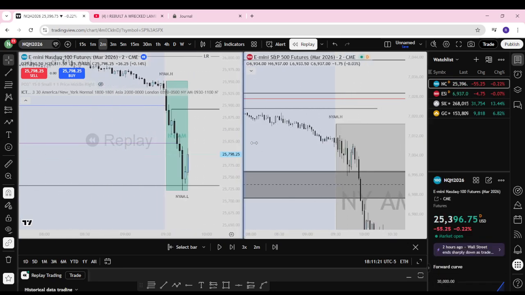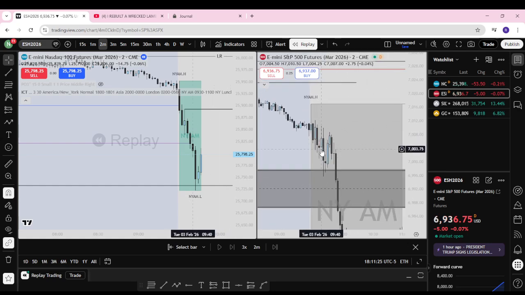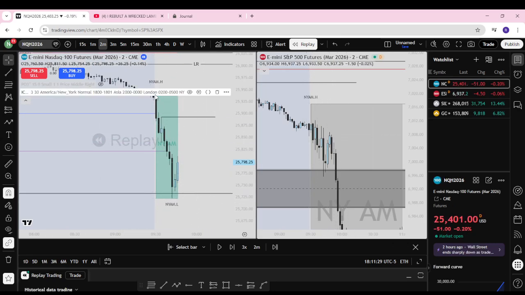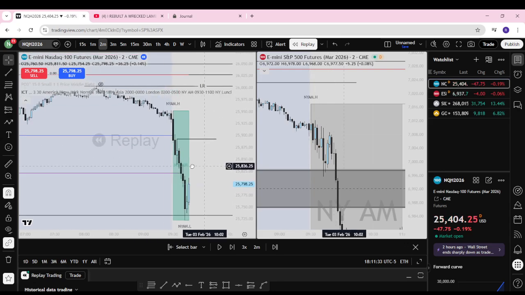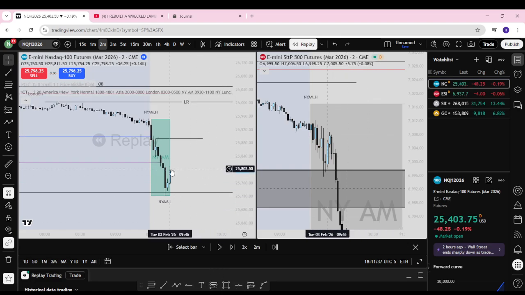Now, if you guys think different, in the comments please feel free to go ahead and let me know why you thought this was good. But in my opinion, this trade is really not it. I just didn't like it. The structure above that we had was very bad to take longs off. And our actual draws on liquidity for this trade,